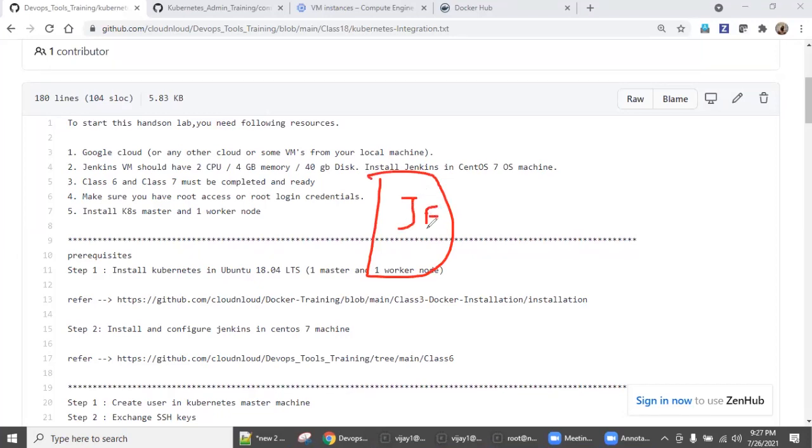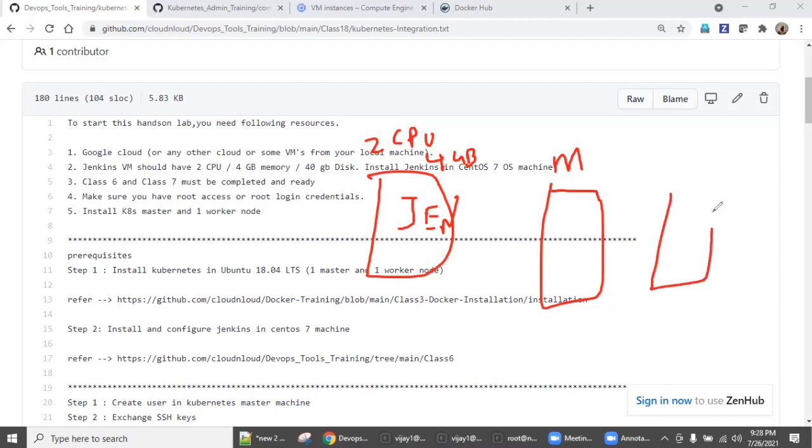Before starting this lab, we need one Jenkins server, which is CentOS 7, 2 CPU, 4 GB RAM. And another machine: as part of this learning POC, I am going to create one Kubernetes master and only one worker node.